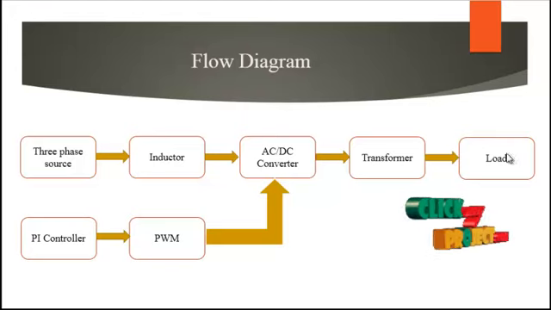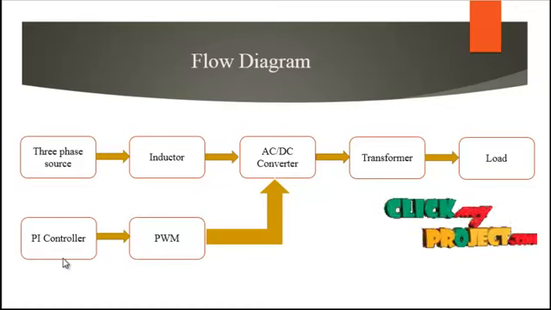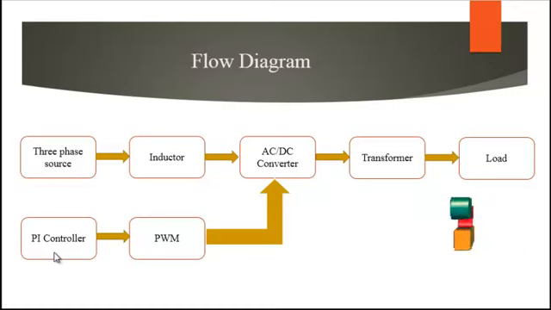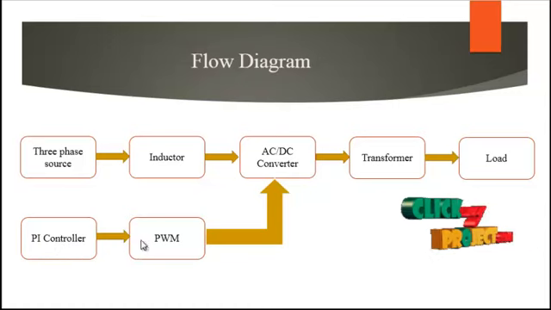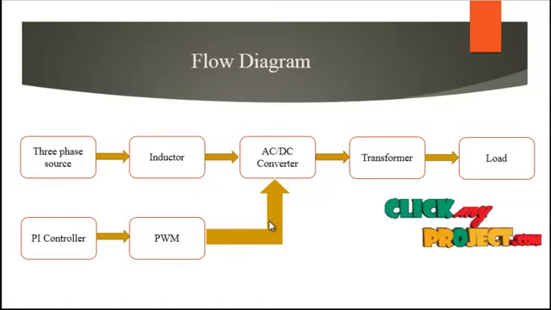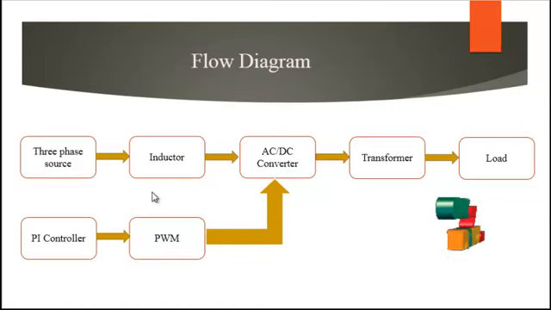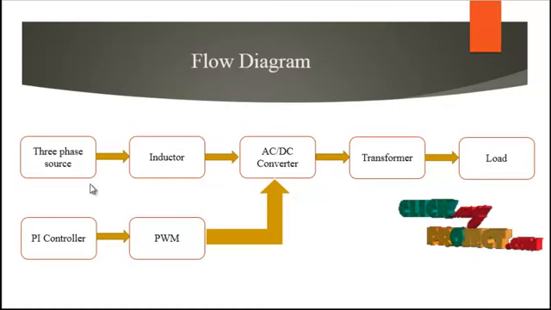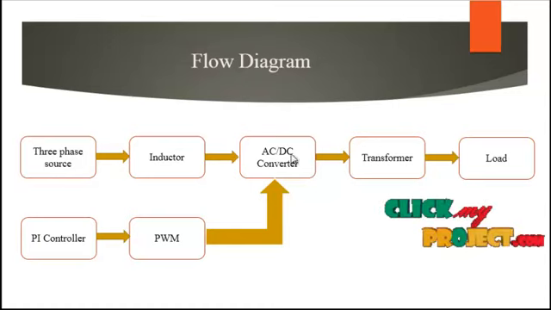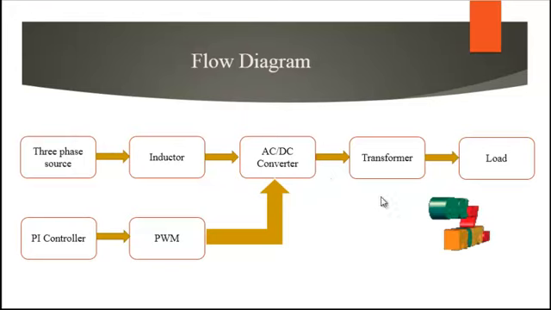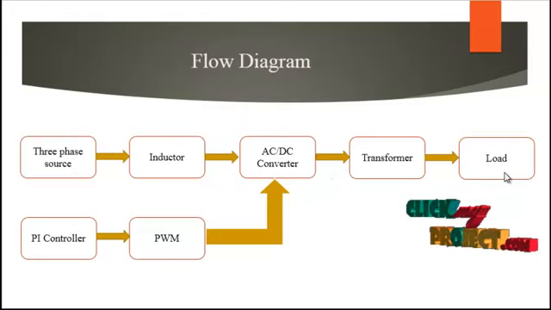Another thing, some reference voltage is given to the PI controller, and we find the summation, and control circuits are applied to this process. So this is the control for the PWM pulses. The pulse width modulation controls the AC to DC converter process. This is not only a forward direction process for the 3 phase source, inductors, AC to DC conversion and load. It is a continuous chain reaction process for this AC to DC converter, and after that we get into the load in a single stage like that.